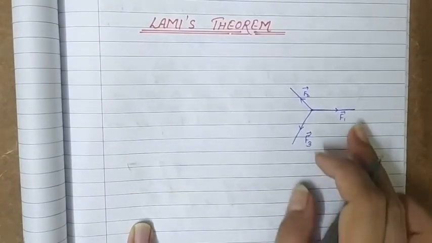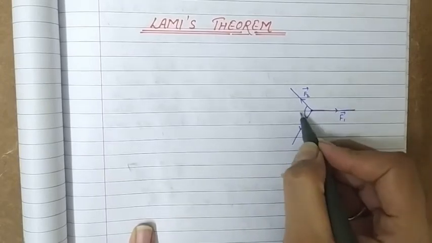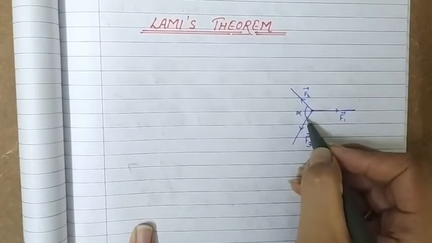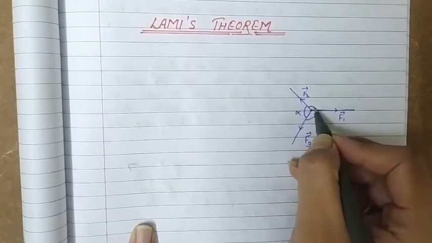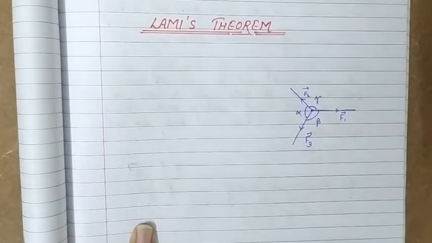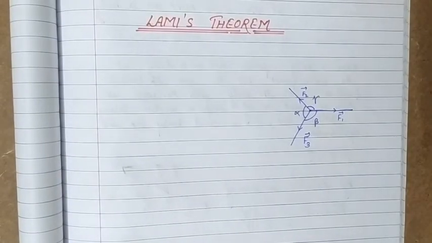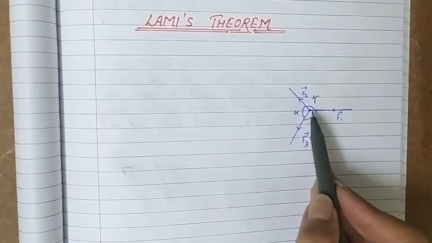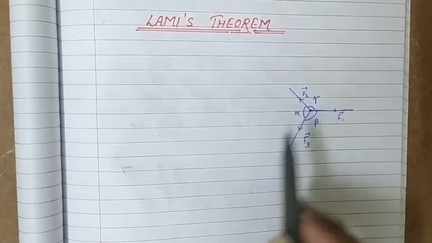So these are the three concurrent forces such that the angles between them are alpha between F2 and F3, beta between F1 and F3, and gamma between F1 and F2. So this is the diagram that is representing three concurrent forces acting on this point and making angles alpha, beta and gamma respectively,